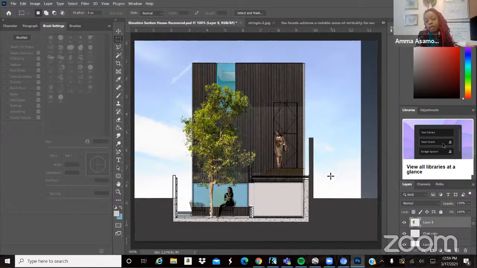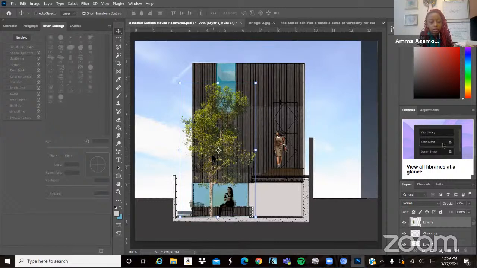If I want, I can play with this opacity just a smidgen. And that looks a lot better. Just taking it down to 75% opacity makes a huge difference. We want to add a shadow to this tree, but we're not going to do that today. But yeah, these are the things that we go through for decent rendering. This is just